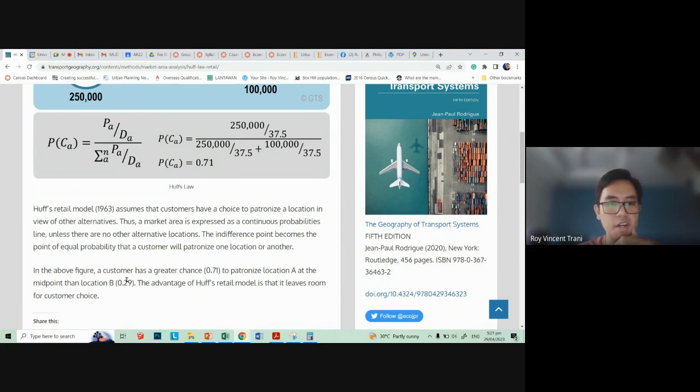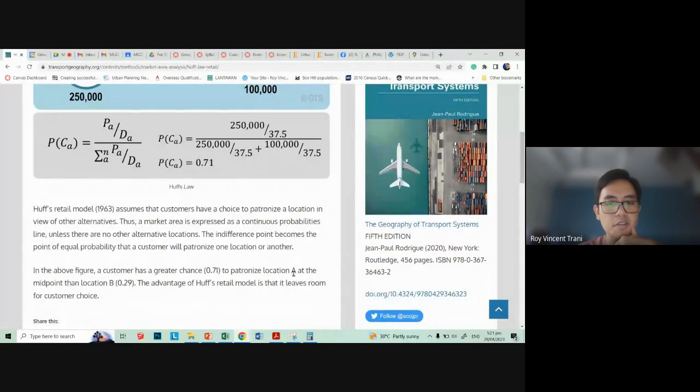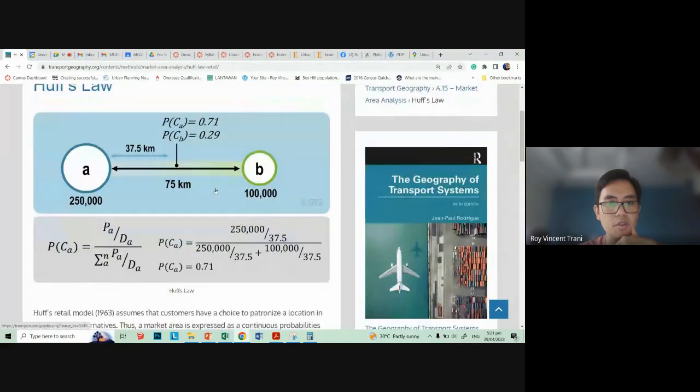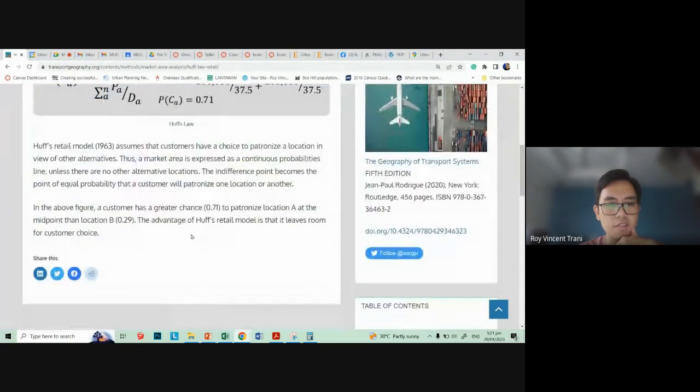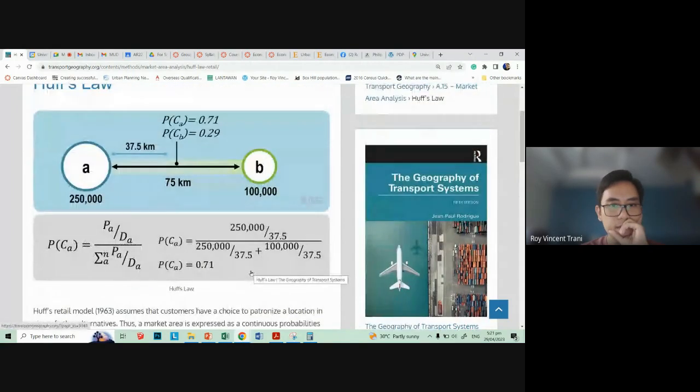In the above figure, a customer has a greater chance, 0.71, to patronize location A at the midpoint than location B at 0.29, I guess 29%. The advantage of Huff's retail model is that it leaves room for customer service. So the equation is